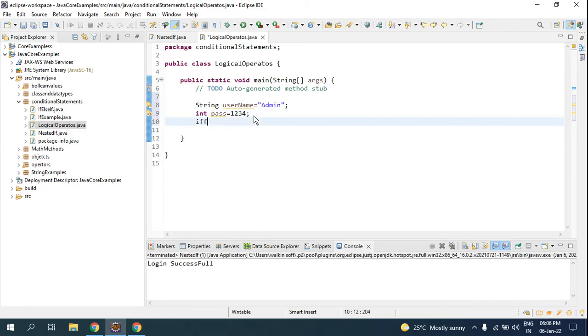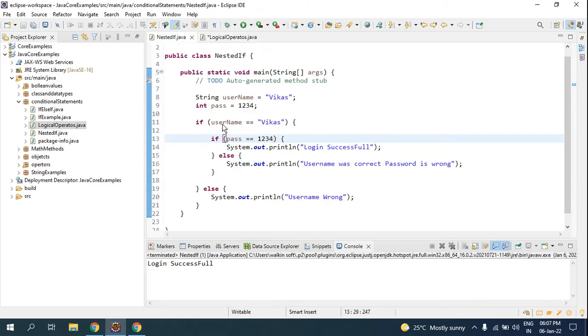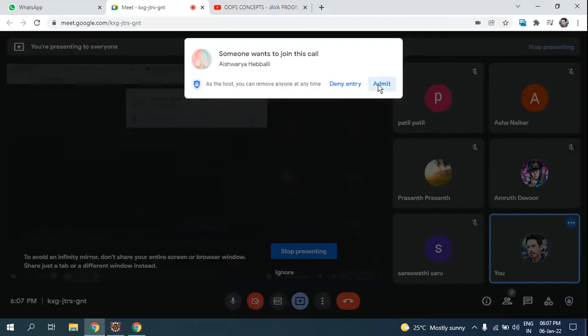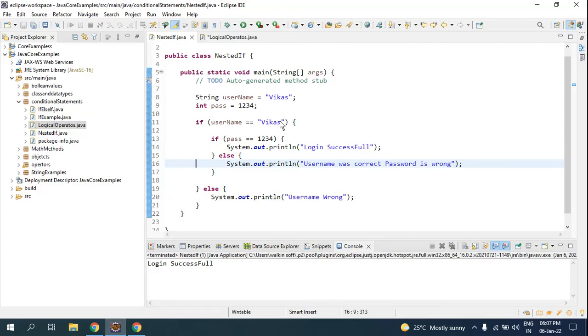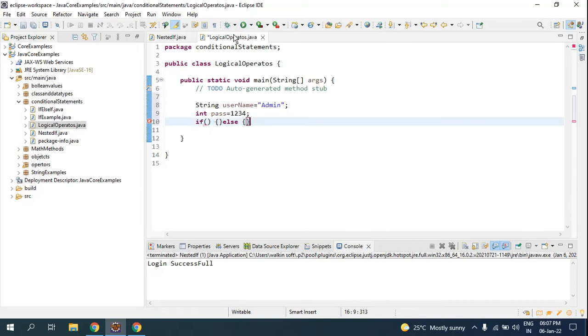Now I'll use the if condition, and I'll have one else. This is the syntax you have to use. Right now you are getting an error because the condition is not filled in yet. Before, you made one condition for the user and a second condition for the password, with an if inside the first. There will be cases where you have to check both. At that time you will be using logical operators.